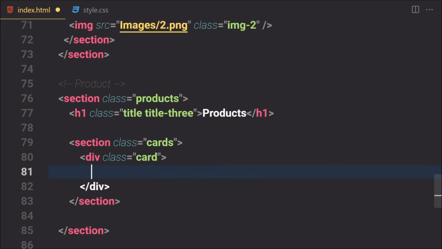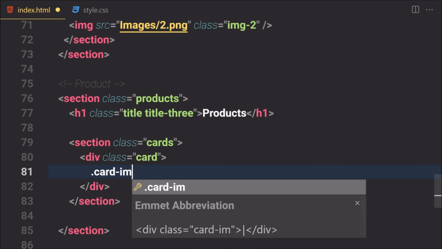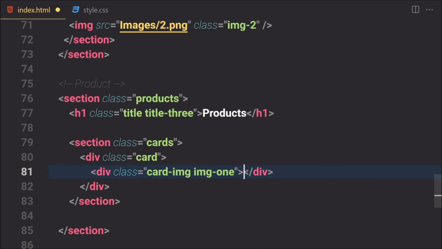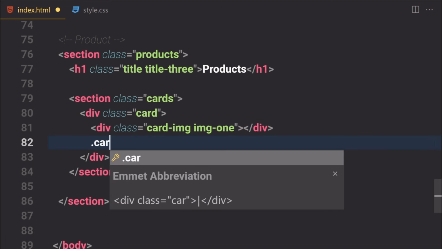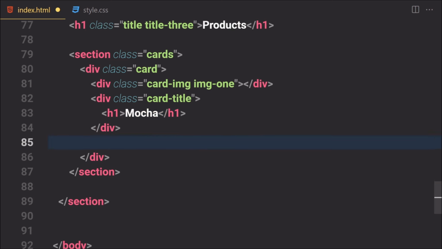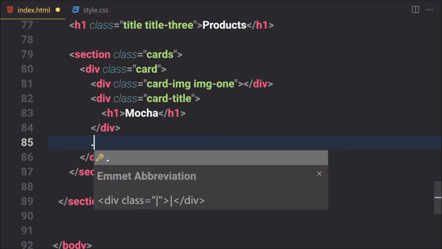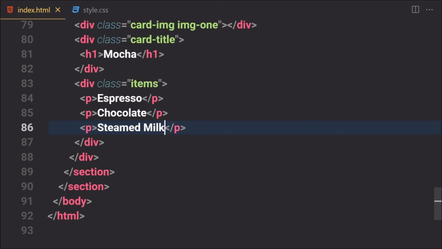So we are going to be writing card 1, and now let's give a class of card-img and then img1. So this is going to be tagging our image, and then let's use our card title, and inside that we are going to be using our mocha card. And now outside from this div, what else do we have to do? We are going to be writing an items container, which will take a lot of our items. So I'm going to just write different kinds of names. All right, so now if you save that,